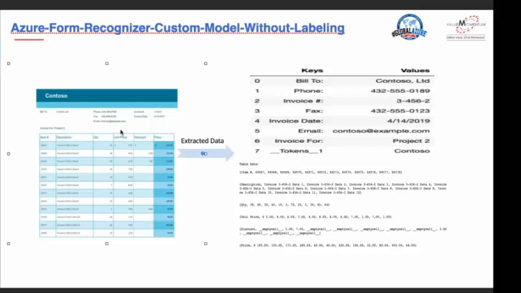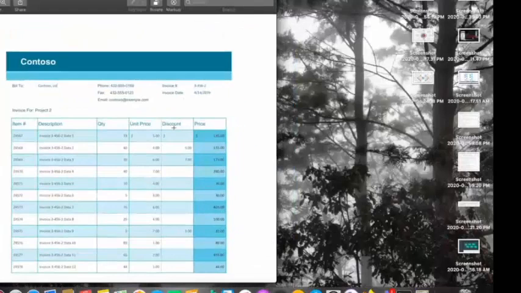So you can see on the left side there is one image which I have used for extracting the text, and you can see on the right side there are two results. The first one is key value pairs and the second one is table data. So this particular service extracts two things from a form: key value pairs, which is text, and also the table data, which is in row and column format. So now let me show you the image more clearly.